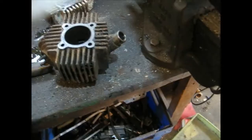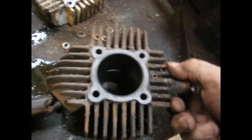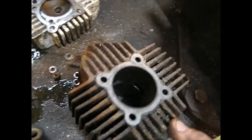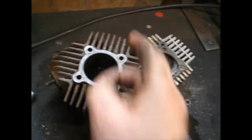Okay, a little bit further on, took the barrel and the head off. The barrel's not bad inside. It's two little tiny scratches, but no wear on it really. Nothing I wouldn't worry too much about that really. There's no wear on it, but